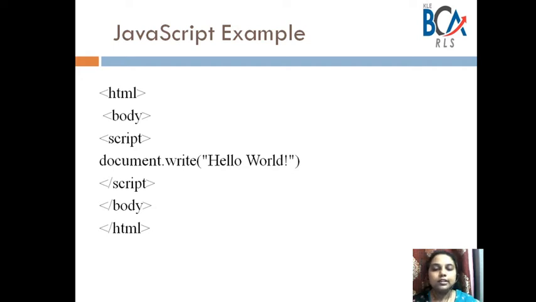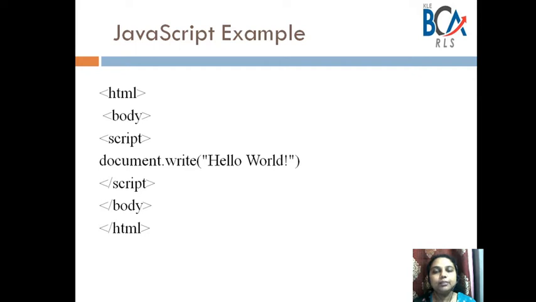Hello students, in today's session we will try and understand how we are going to write a simple JavaScript program to just display a message saying hello world. So you can see in the slide, the slide depicts how we are going to write the program hello world in JavaScript. The first thing we have done is we have included the root element, that is the HTML,